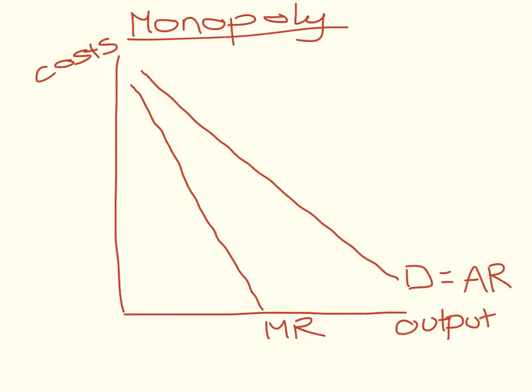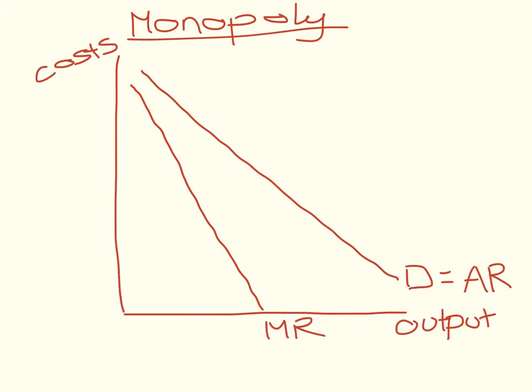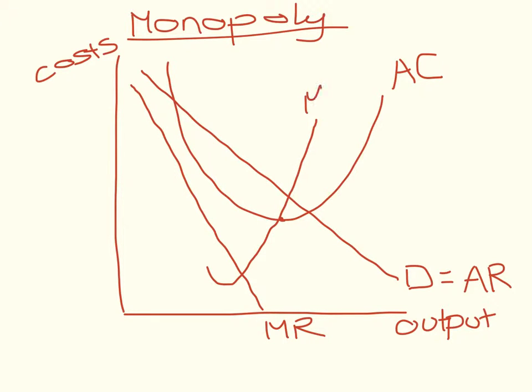Now, you could draw your average cost curve anywhere within this diagram, but if you draw it above the average revenue curve, the monopoly will be making a loss. So I'm going to draw it here, and that's my, sorry, I think I said average revenue before, I meant average cost curve. And we know that marginal cost has to intersect at that lowest point there, that midpoint. So there we go. My lines are all a bit wonky today. Sorry about that. So that's the setup, the basic setup of the diagram,